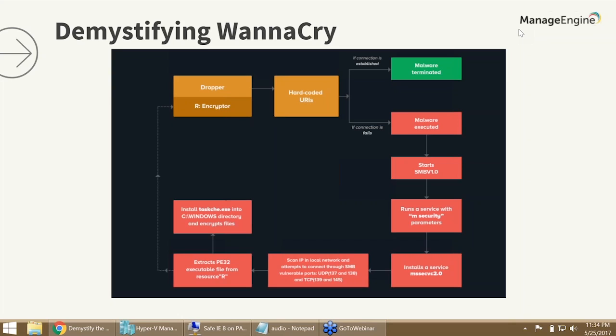So once the malware, in this case the ransomware, executes, it uses an SMB vulnerability. This is a vulnerability in SMB version 1.0. It uses this specific vulnerability and installs itself as a service named MSSECSVC 2.0. Once this service is installed, it scans all the machines in your local network using the SMB vulnerable ports,